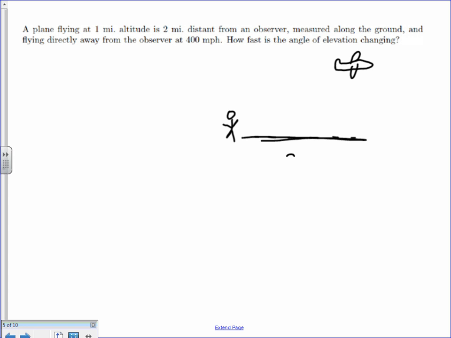So this is going to be 2 miles, but it's also going to be changing. We'll give it a name. Let's call it G for the ground distance. We'll call this G, and then it is exactly 1 mile up in the air. This we'll call H for the height. And I'll put my variables on the inside, my numbers on the outside. H for the height, 1 mile. And then this here,